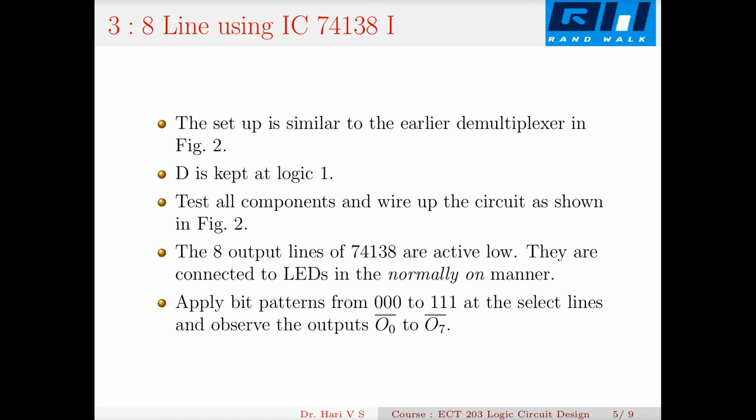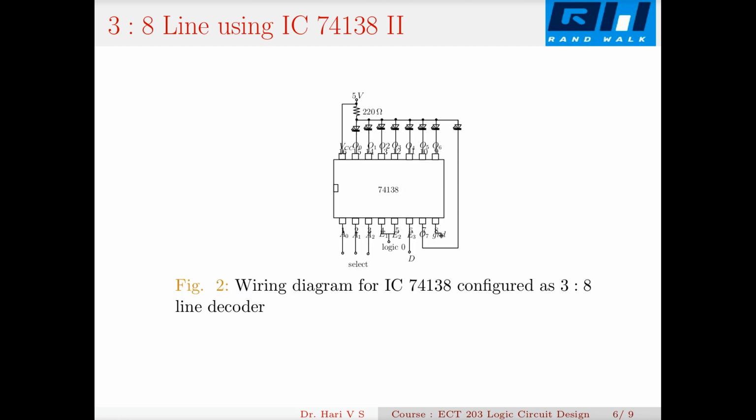So now we have to see a 3 to 8 line decoder using the 74138 IC. Already you are familiarized with this IC. The only difference is, if you look into this diagram, it is the same diagram, except that this data input has nothing to do here. You have to keep this data input as high and apply logic 0 to these enable pins. And you apply the pattern A3, A2, A1, A0 to these 4 inputs,